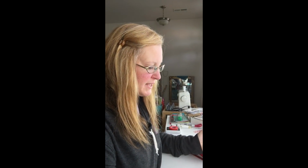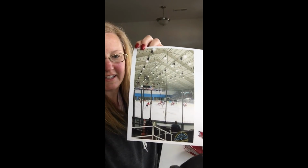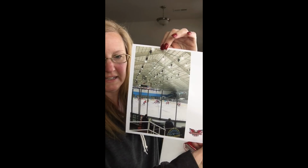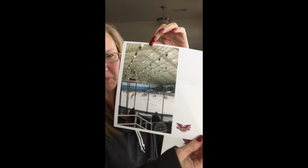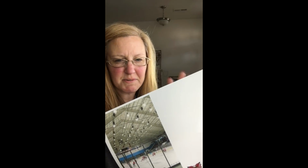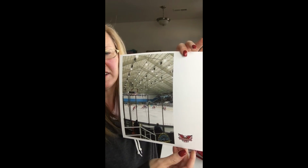So for the 1st of December, we had a hockey game, which is something that's kind of new for us and was really a lot of fun. So I'm going to be documenting our hockey game, and what I did was I took a 5x8 canvas in Photoshop and just printed it on an 8.5 by 11 sheet of photo paper. This is HP soft gloss, so it has a little bit of shine to it,